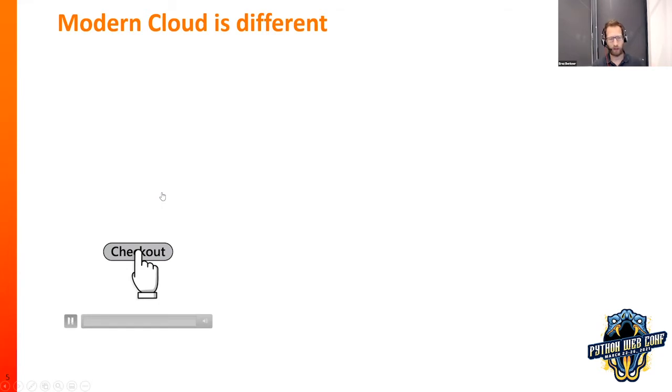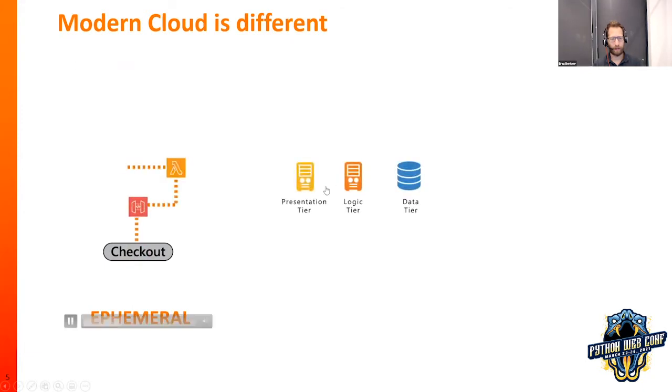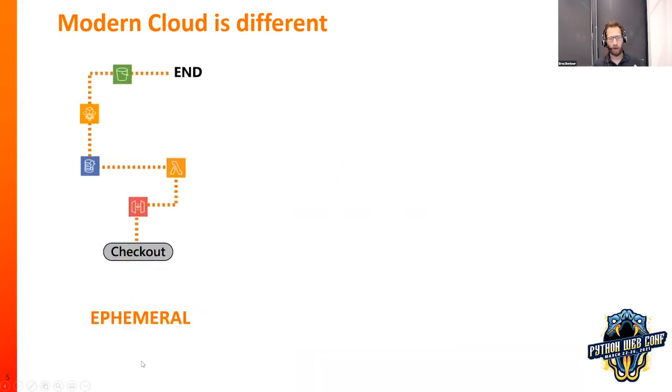So think about a checkout request. I click on checkout, then services start emerging, spin up, do their thing, and then go to sleep or stop functioning. This is the ephemeral part, and it is what really makes the difference. You no longer have a server that is always there that you can connect to. That provides great things like cost efficiency, reduced maintenance and attack surface, but it also provides some challenges that we need to take care of.